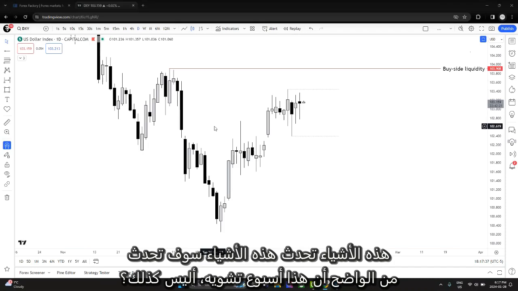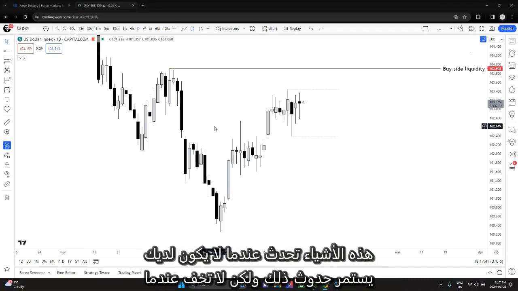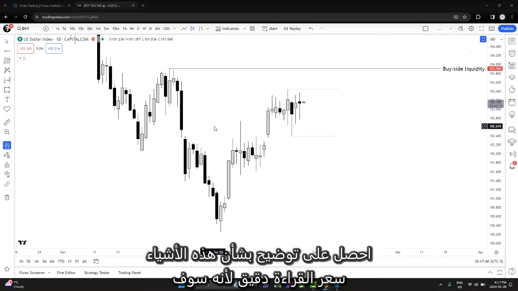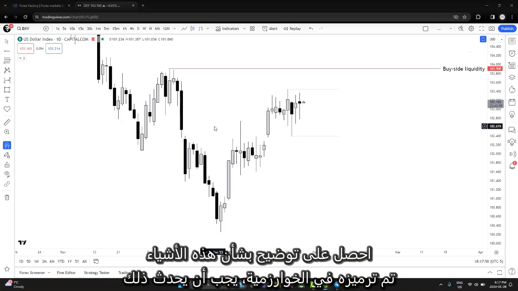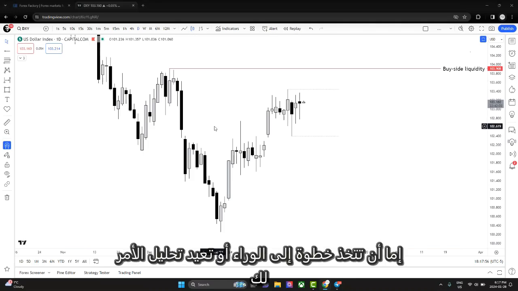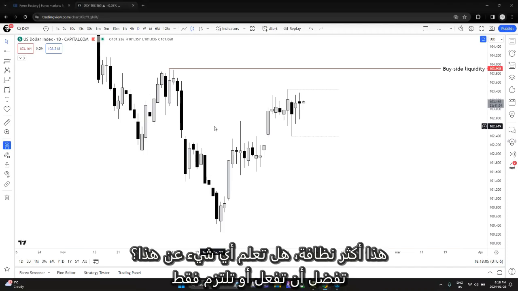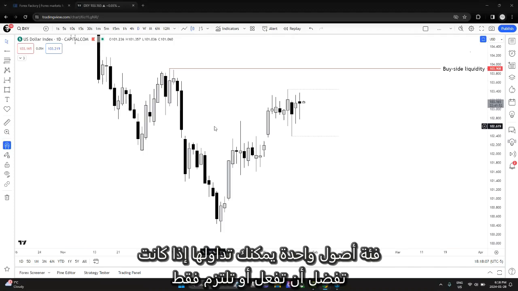These things happen. These things will continue to happen. But don't fear when these things happen and you don't have an accurate read on price, because it will get clearer, right? These things are coded into the algorithm. It must happen and it will happen, right? And it's there for you to either take a step back, reanalyze the markets, or go into another asset class that's more clean. Anything that you prefer to do, or just stick to one asset class that you trade, if that's for you.